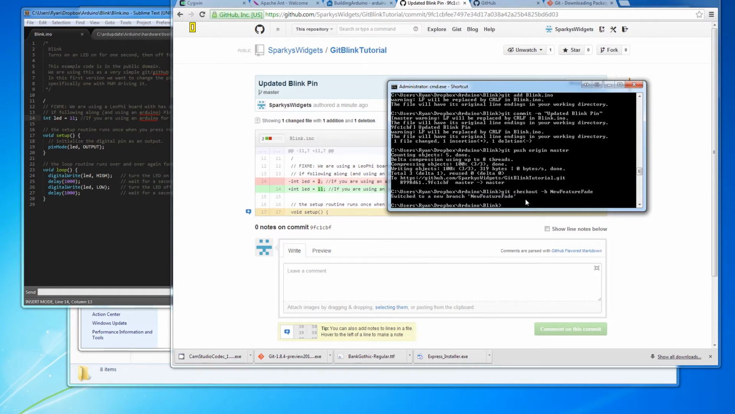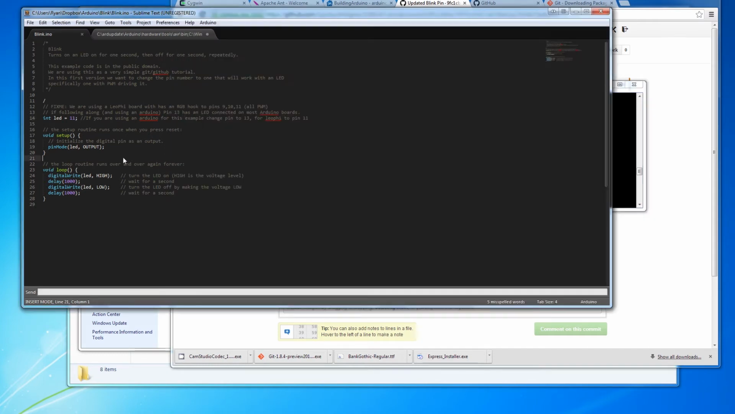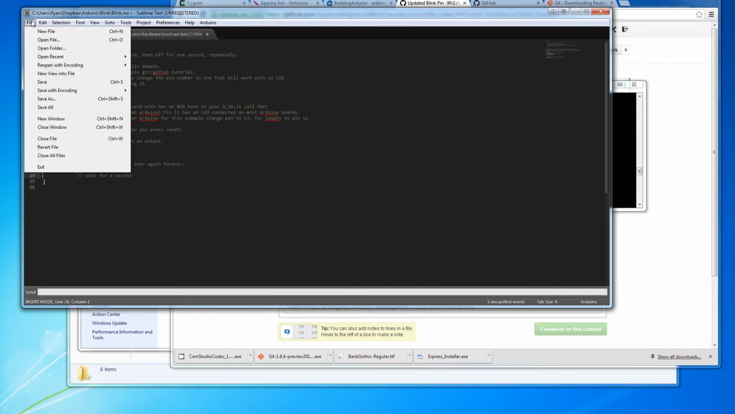So now we're in a new branch. That's the new feature fade. So we can go in here and change this code. In fact, we could maybe even just delete this out. We're just starting from a blank slate. So we'll save this file,